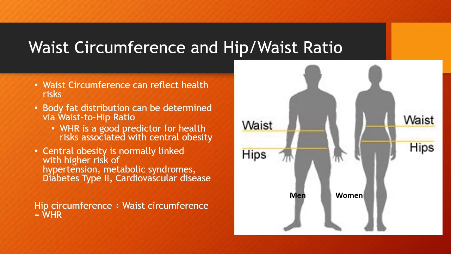Now again, when we're looking at the hip and waist ratio, we're still taking that same measurement around our waist, again starting at 2 inches below the belly button, and then firmly wrapping the tape measure around the waist. But when it comes to the hip, we want to make sure that we take a measurement directly around the widest part of the hip itself. We don't want to take it at its narrowest part, because that's not going to give us a very